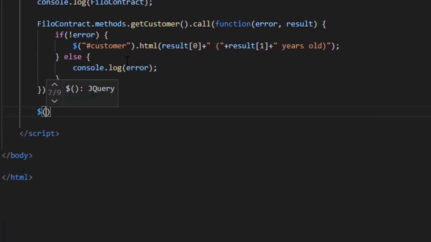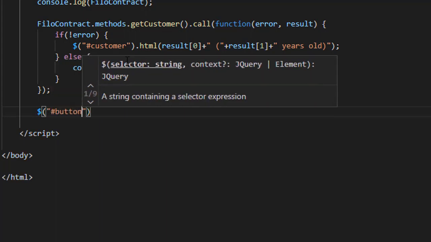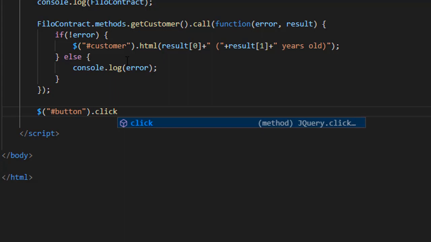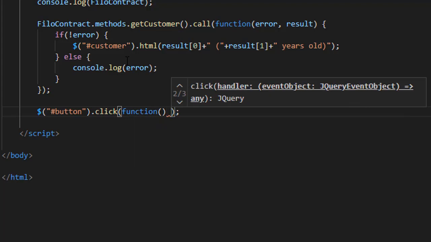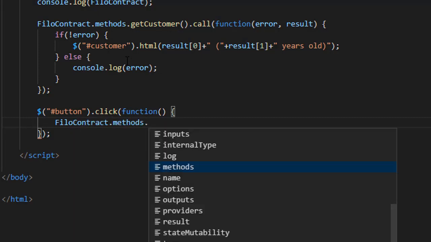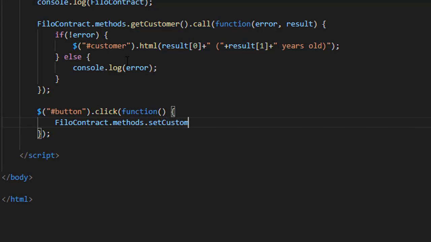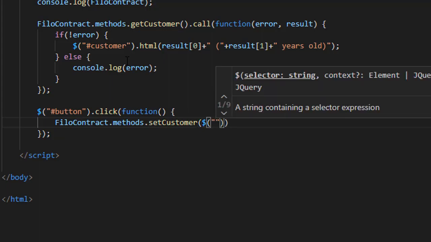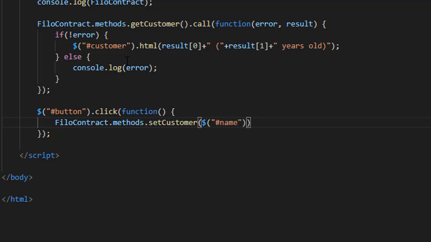So $# button on click, we are going to add the function, and it will do Philo contract dot methods dot set customer, and it will accept two values. First one will be the name of the customer, and second will be the age.